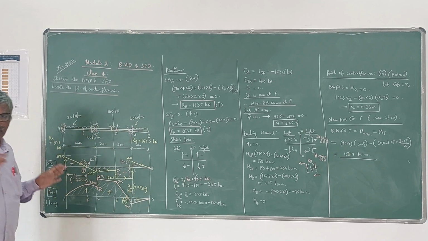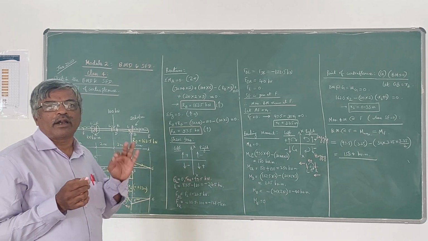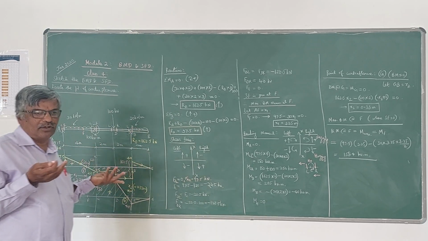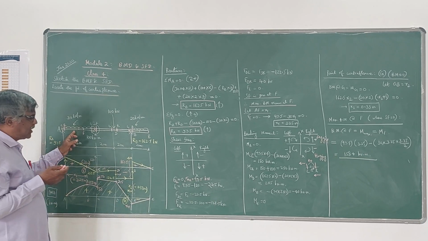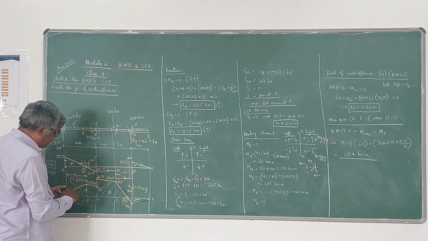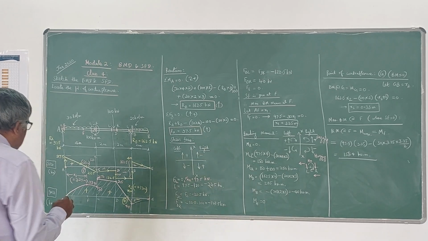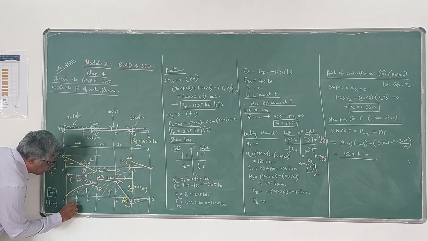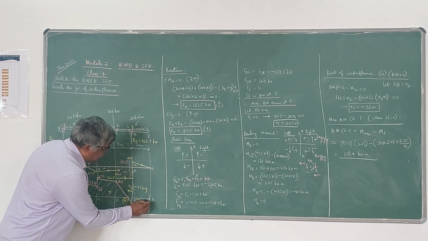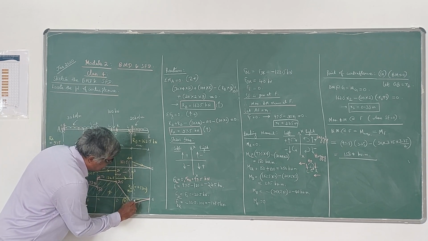Now, how to join these points? That is very important. Profiles you should know. If UDL is acting, the bending moment diagram is a parabola, and in all the other regions, it is a straight line. So of course in this problem, UDL is there from here to here. From A to C you have UDL. Therefore a parabola will be there from A to C. So A to C it is a parabola. I will just write here parabola. And also from B to E it is also a parabola. So this is also parabola, B to E, because you have UDL there.